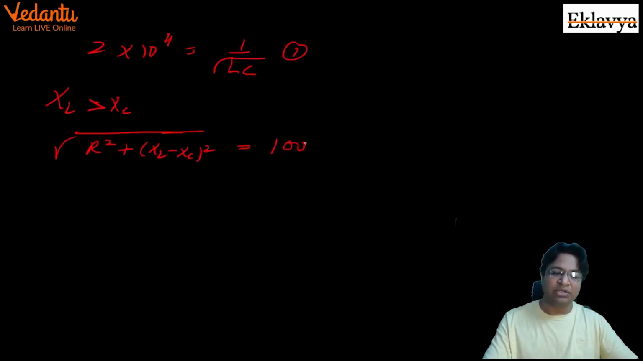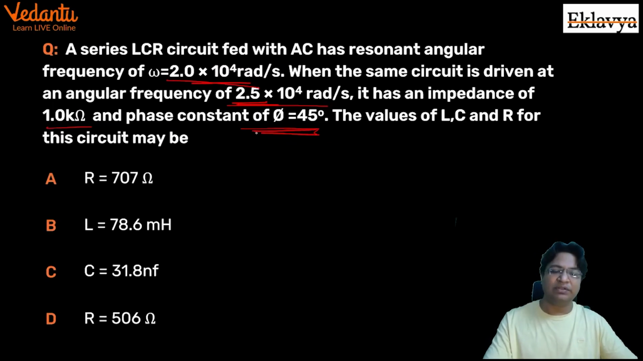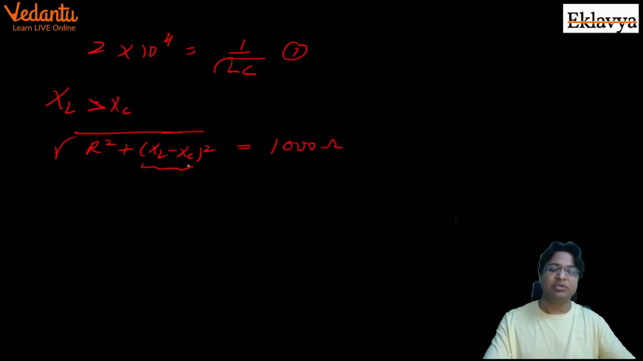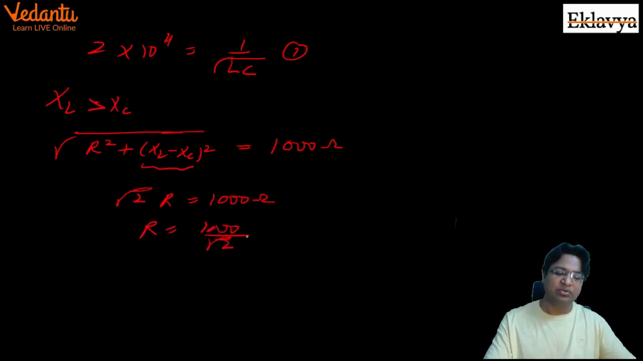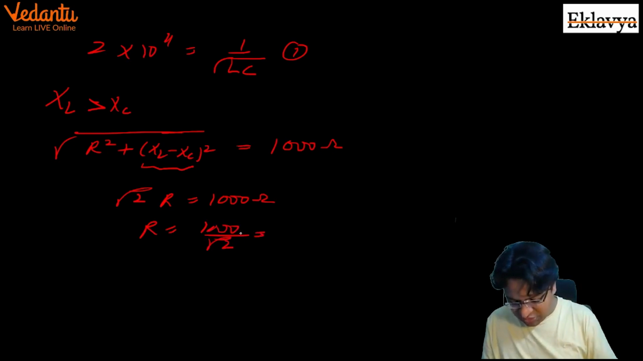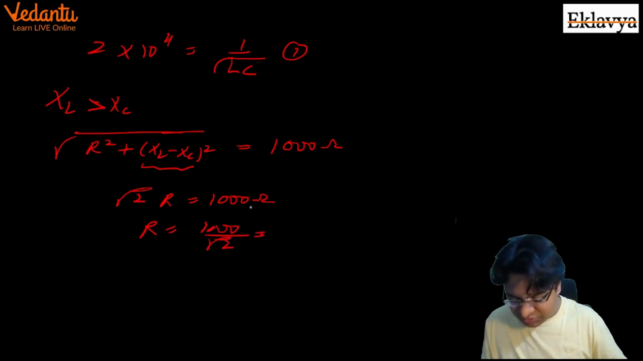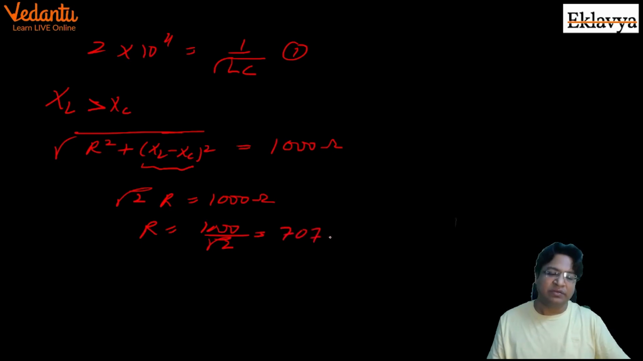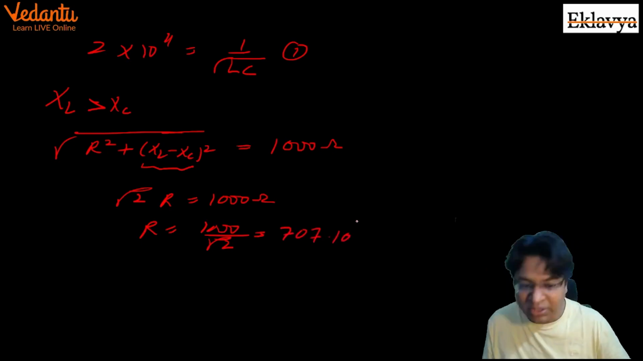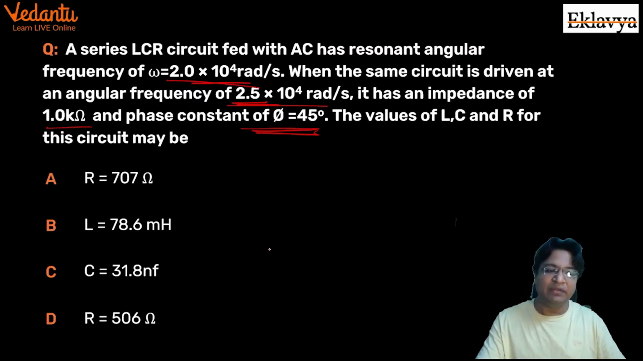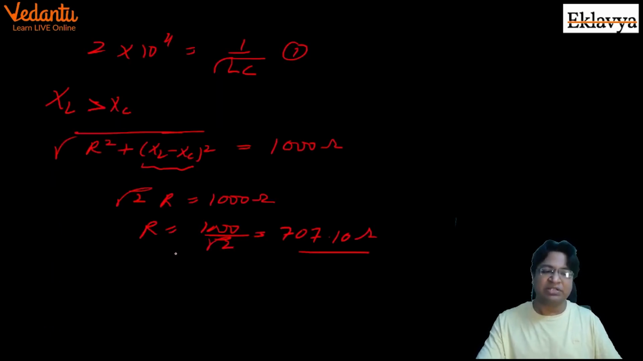so 1000 ohm. Now because this is given as 45 degrees, XL minus XC must also be equal to R, so root 2 R should be equal to 1000. From here we get R as 1000 by root 2, which comes out to be 707.11 ohms. So the value of R we have got has matched. I think everything else is now very simple,